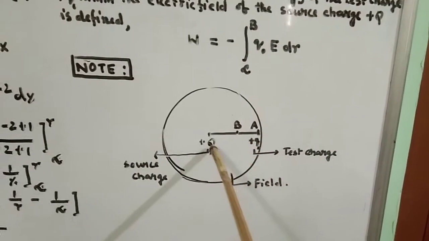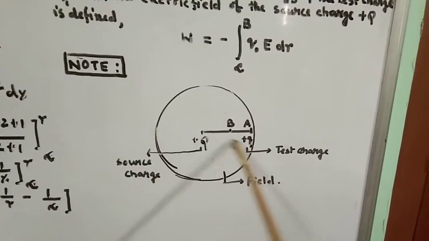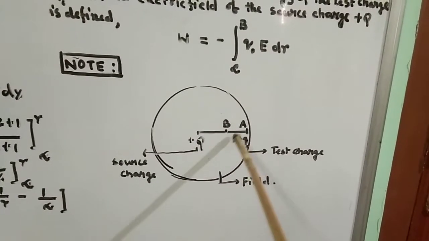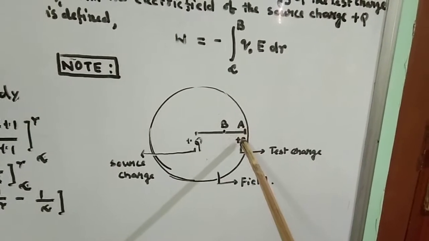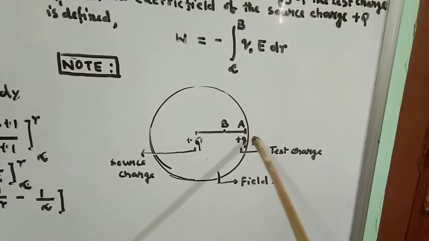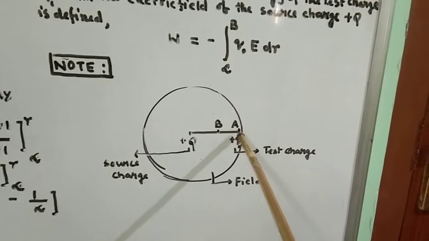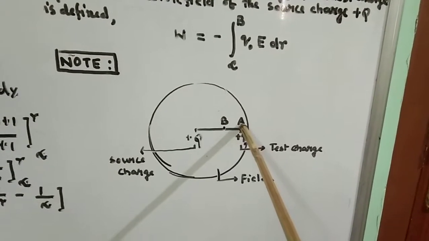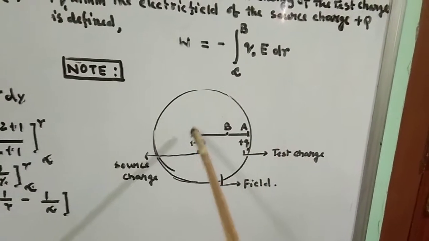It means the source charge will not let the test charge be placed at A, because both are positive, and the source charge is of higher magnitude than that of the test charge. So if you want to place this test charge at A, you have to do work against this repulsive force. And if you spend a certain amount of energy in doing work, that energy gets stored in the charge as potential energy. So this part we are going to use in our topic, that is your